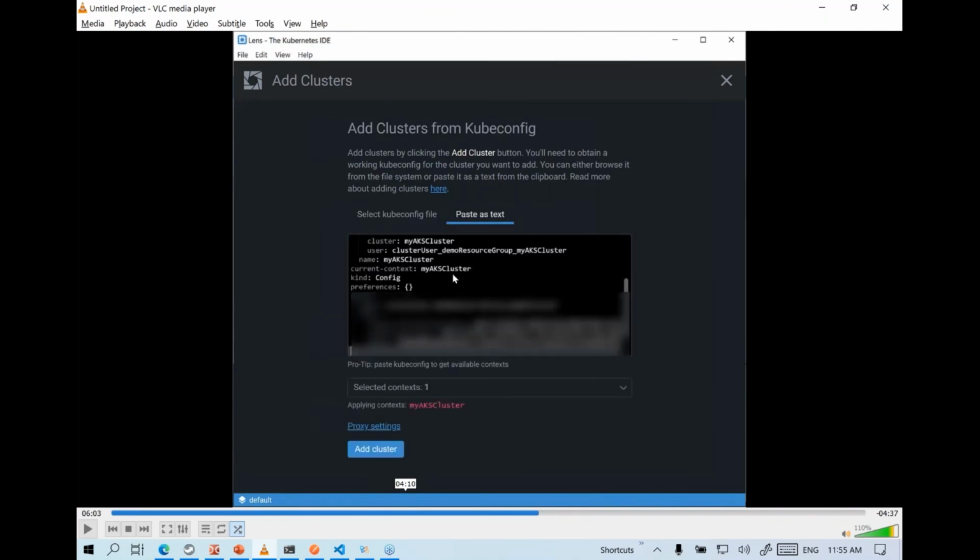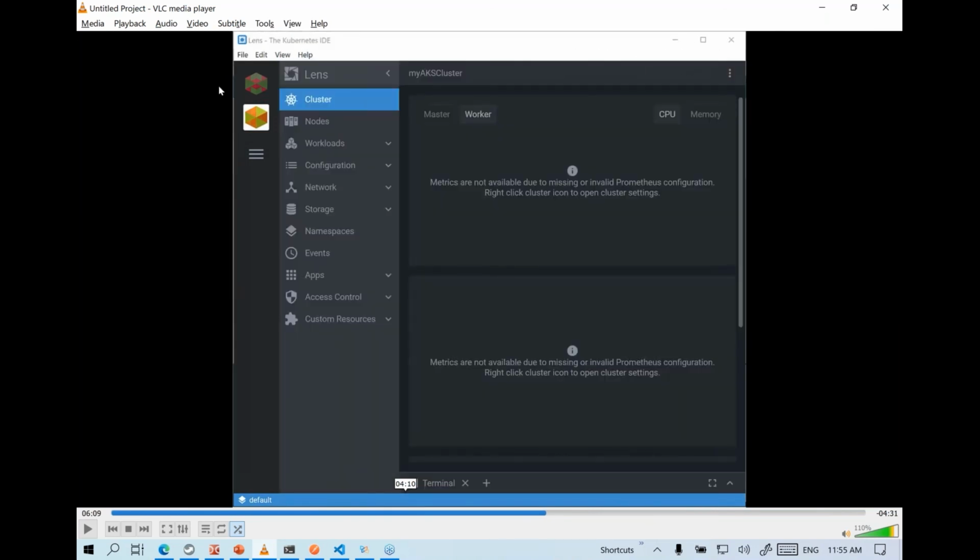So paste the entire details that contain some security tokens that I want to hide. So that's why I'm masking it like this. So basically, this Lens IDE is now connected to your Azure Kubernetes service or the AKS cluster running on Azure. And you'll be able to see quite a few of these things from here, like how many nodes we have, how many deployments you have, how many services you have deployed, and so on.